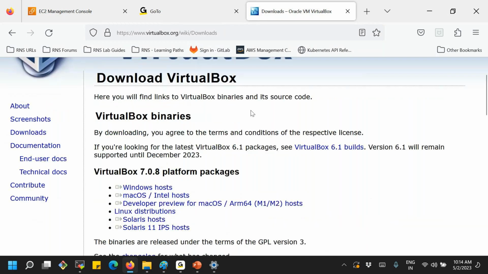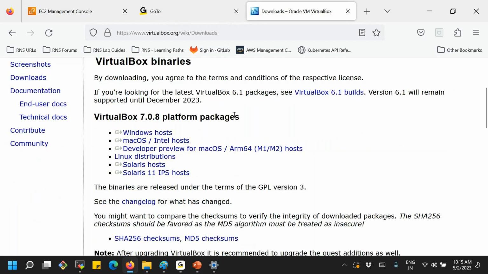VirtualBox, a different story. But here the point is, whenever you are downloading VirtualBox, which OS platform do you need to download it for? No. We need to download this VirtualBox and we need to install it. Which host OS is that? That's what I'm talking about.